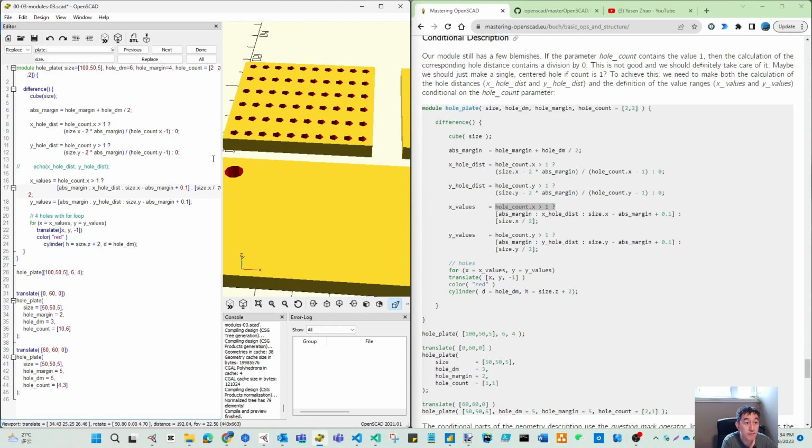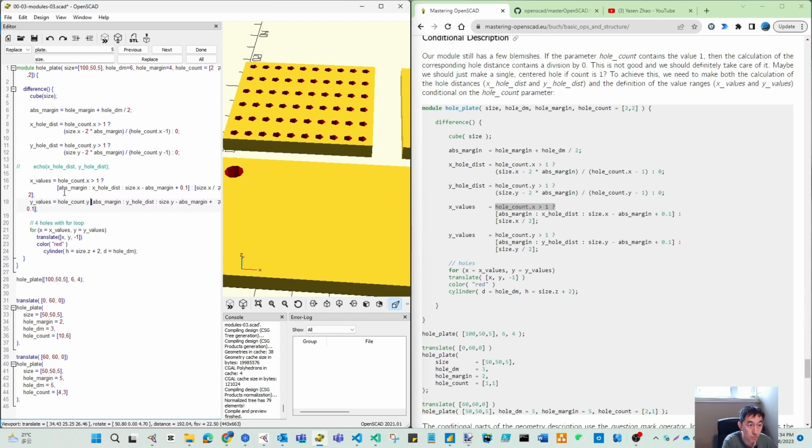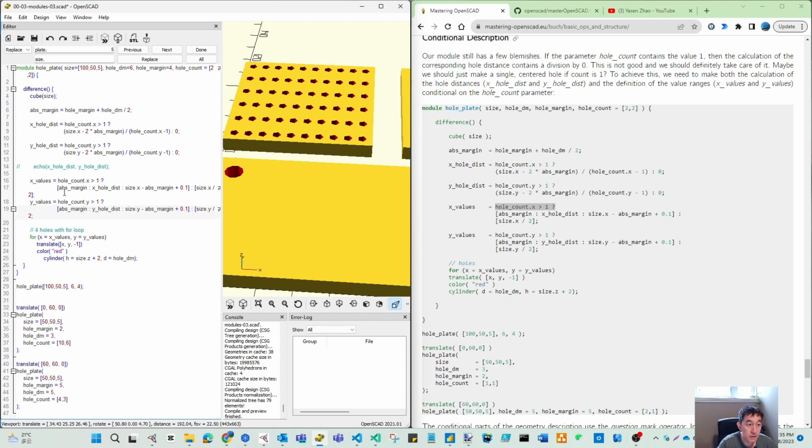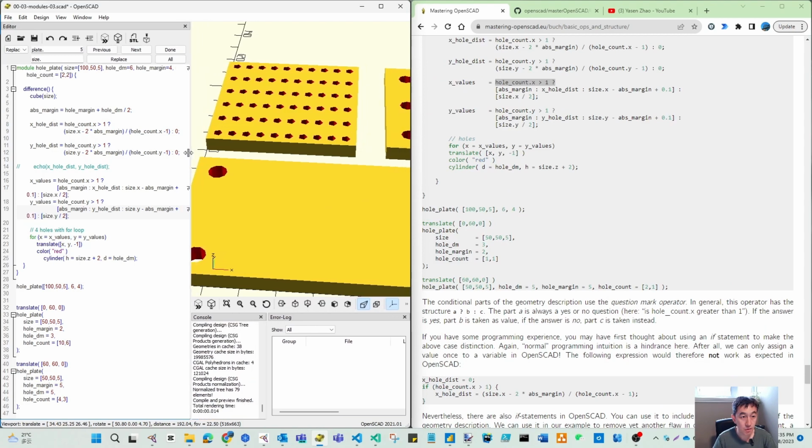Because I don't have this whole distance, that is just 0. So I don't need that coming to here. And the same with this: is whole count dot y more than 1? If yes, keep. If no, then size dot y divided by 2. And this will be kept, and that will be the difference for us to call